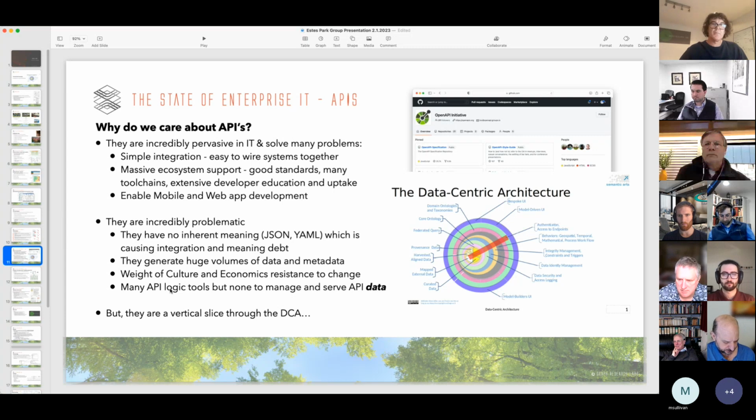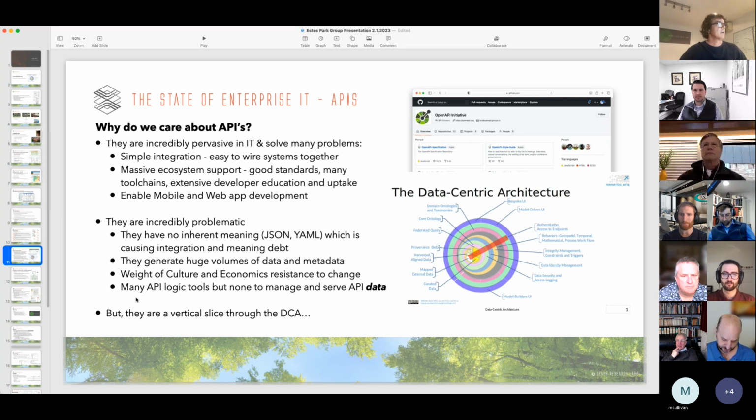But the most fundamental problem is that it turns out that there's a huge tool chain that's been built on these things, but the tool chain is almost entirely devoted to managing business logic or API logic and not managing data from an API's point of view. And that's, I'll